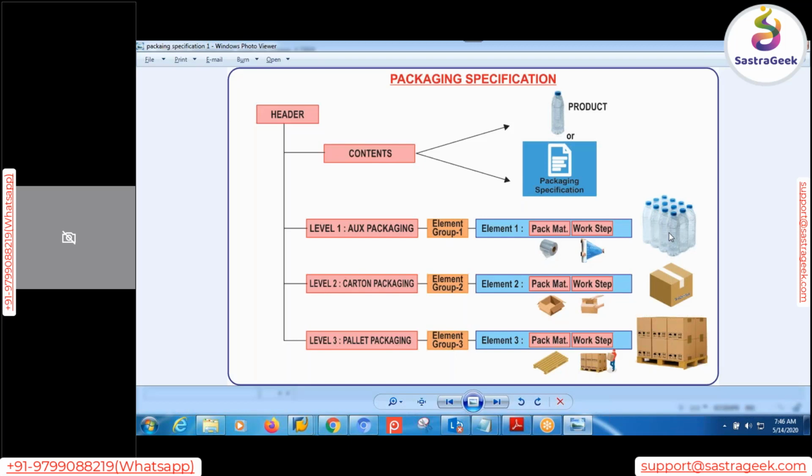Otherwise, if we keep it blank, whatever the packaging material type may be, it can be accepted at that level. Blank means for all entries. We need to assign packaging material type for element type. For that,